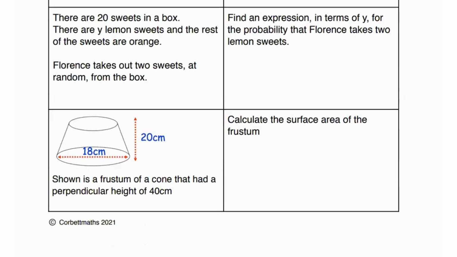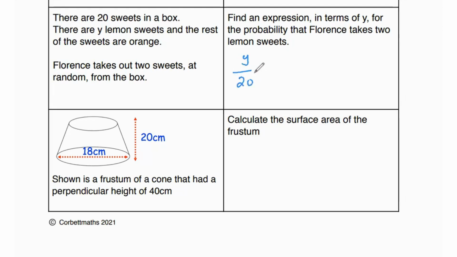Next question says there are 20 sweets in a box. There are y white lemon sweets and the rest of the sweets are orange. Florence takes out 2 sweets at random from the box. Find an expression in terms of y for the probability that Florence takes 2 lemon sweets. If there are y lemon sweets and there are 20 sweets in the box, so y over 20 is the